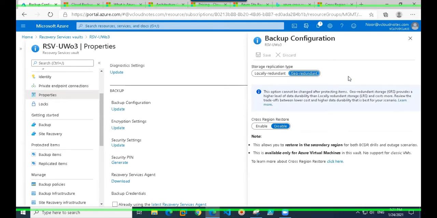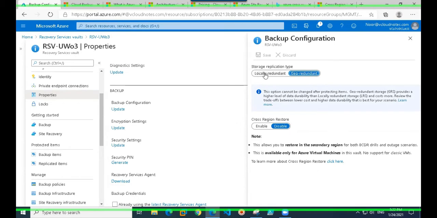So it supports two types of storage replication. There is one more replication type, zone redundant, but that's something in preview, and it's not enabled for all the regions which are available. It's available for only a few selected regions as of now. But in general, you would see either locally redundant or geo redundant.